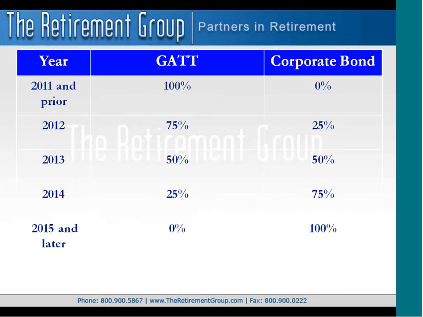Now, each company used the schedule differently, but the PPA allowed them to slowly convert to using the corporate bond rate or a corporate bond yield curve. They call it the PPA rate, which is based on 3 different interest rates, and it's a very confusing calculation. But essentially, it's roughly 1.5% to 2% higher